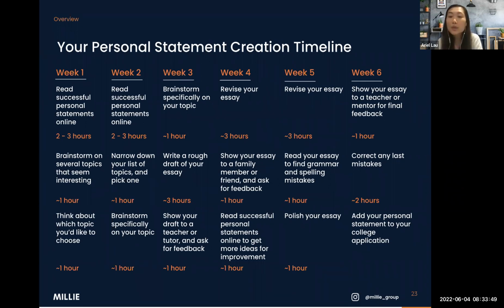And then week 5, probably at this point, you can put aside your essay a little bit, and then maybe after 2-3 days, come back to it and have a look at it again. Maybe you would start picking out grammatical mistakes and spelling mistakes that you didn't manage to pick up in the first few revisions, and try to correct them. And further polish your essay by maybe restructuring some of the parts of the content. Maybe in the first paragraph you can tell an even more compelling story. You can change out some of the vocabulary to avoid repetitive statements.